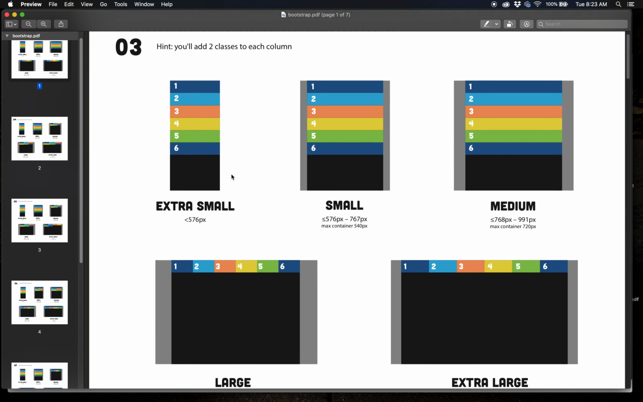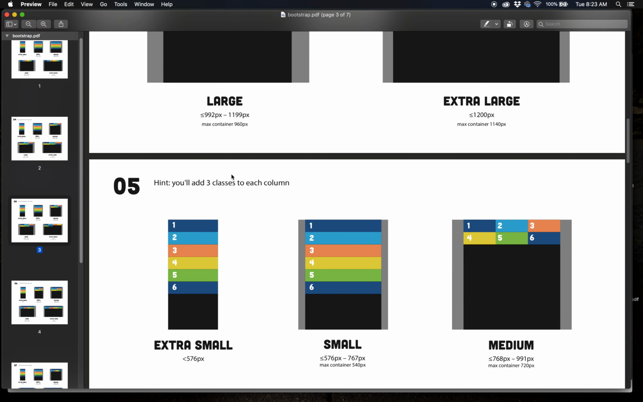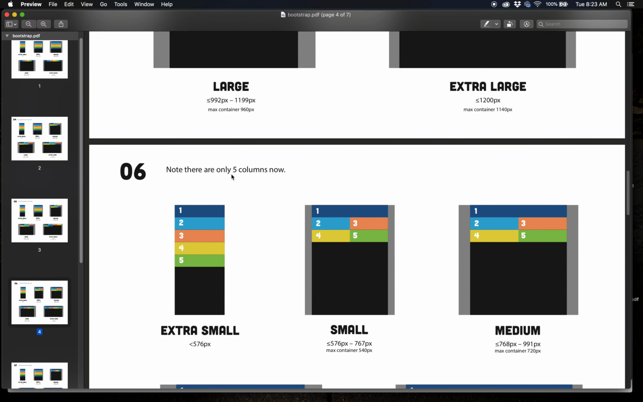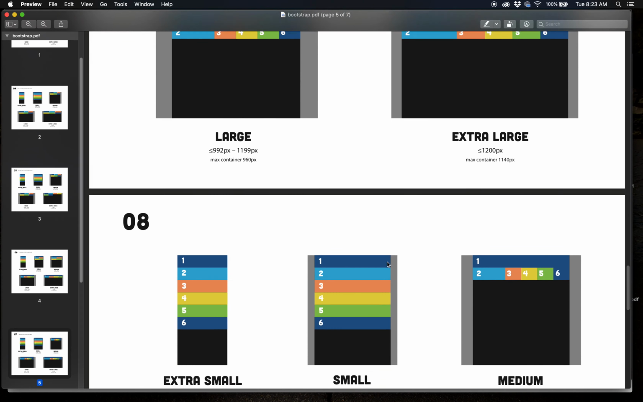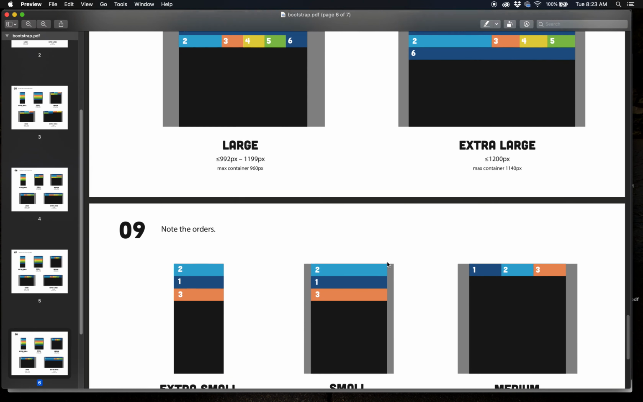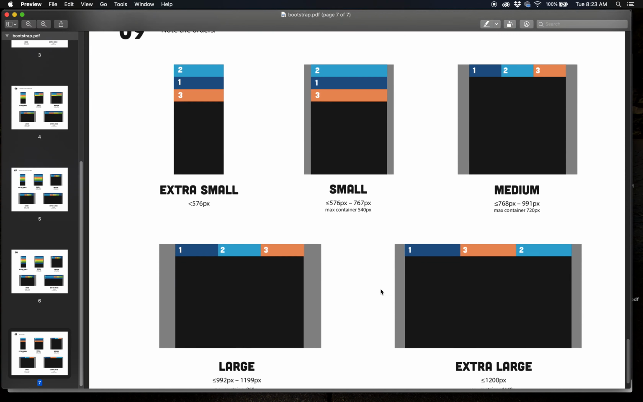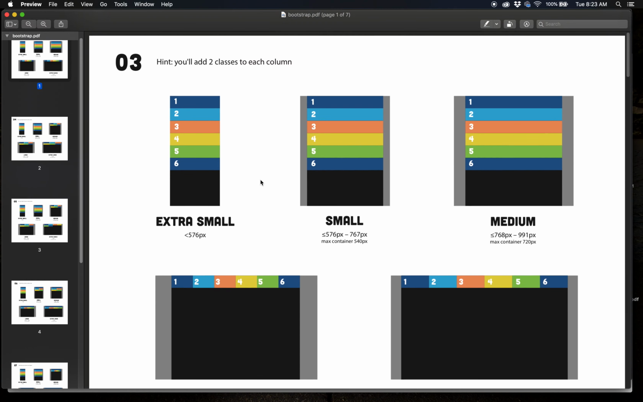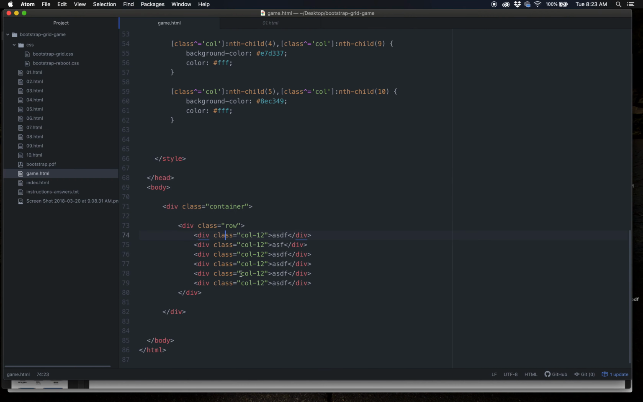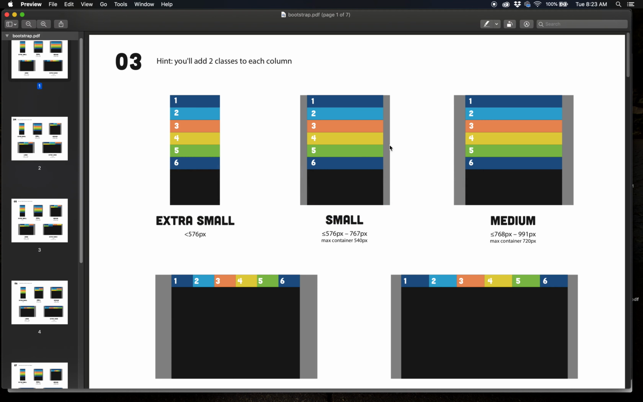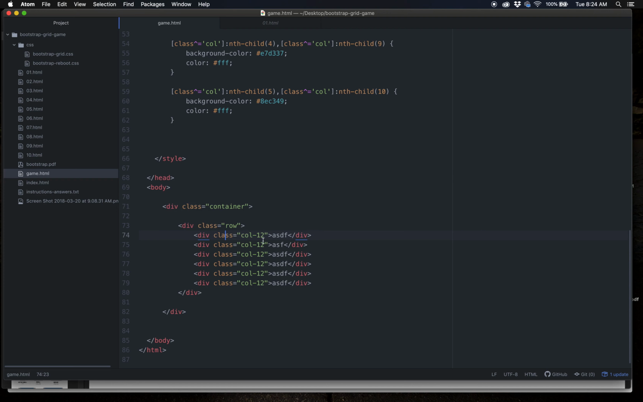I think on one of these, maybe there's one that has like 5. Yeah, see, this one you'll only use 5 columns. And then the rest, this one you only have 3. So just be aware of how many of these there are and use the same amount of divs. So the way this is going to work is that you're going to add the columns, the classes that Bootstrap uses